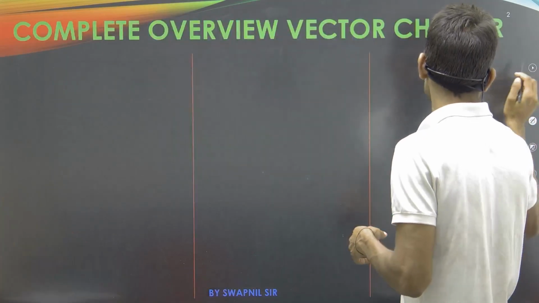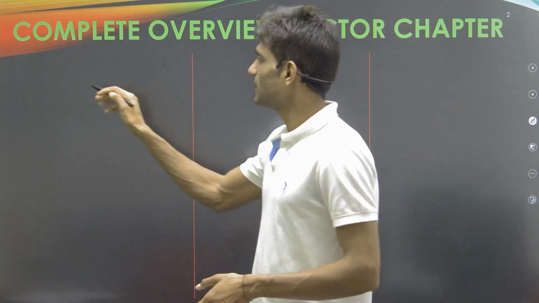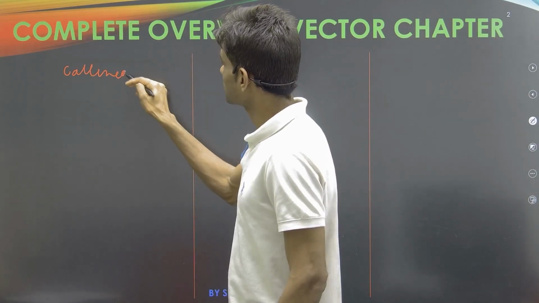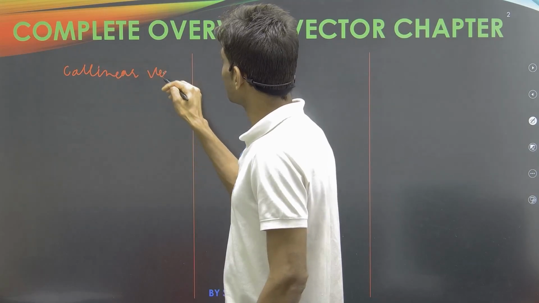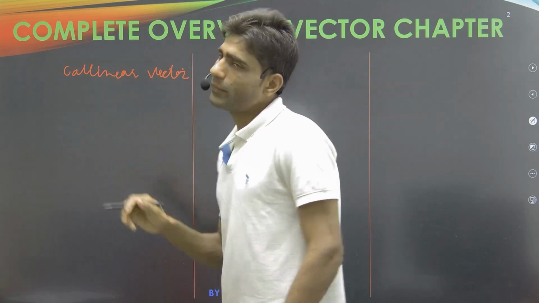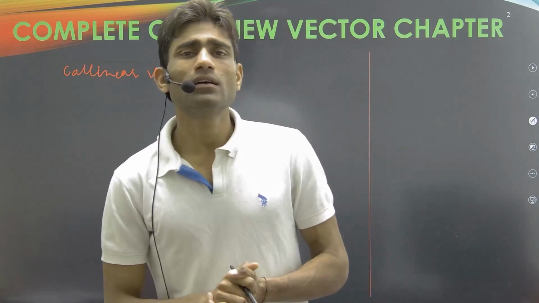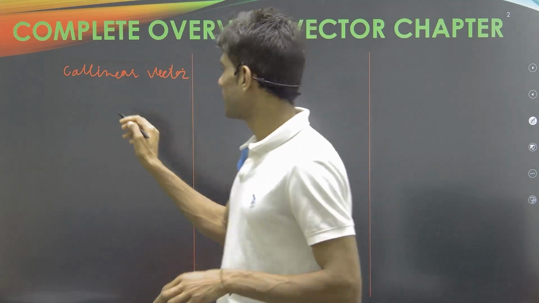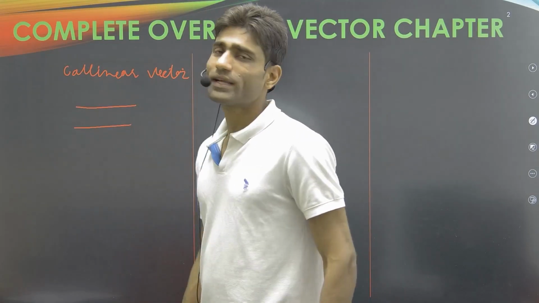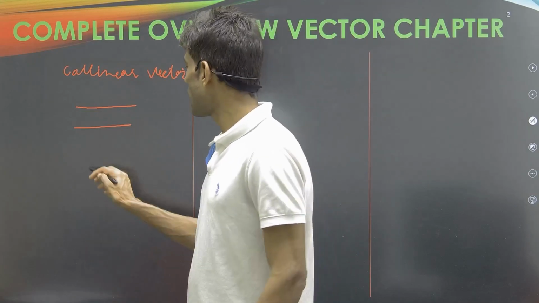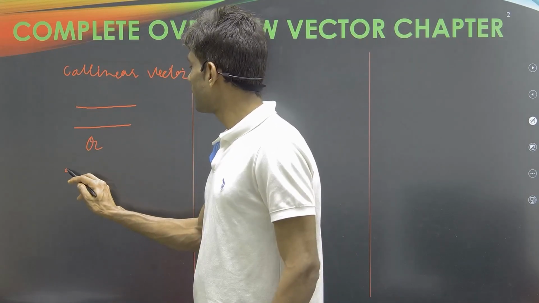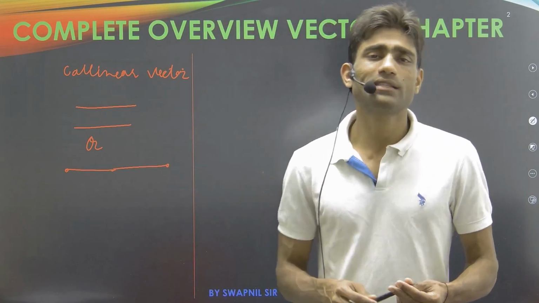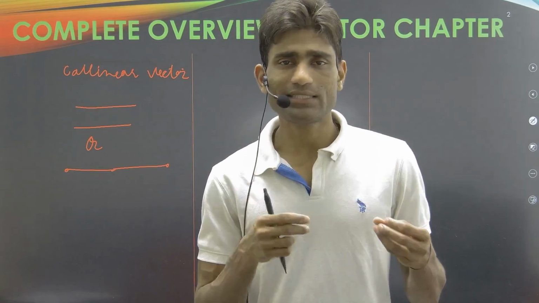Now for that, first of all, we have to understand what is meant by a collinear vector. Collinear vectors are those vectors that are parallel to each other, or vectors that lie along each other. Like we can see these two vectors are parallel, so we consider this the collinear vector, or we can say the first vector is along with the second vector. This one we consider as the collinear vector. That's it, only this we need to know here.